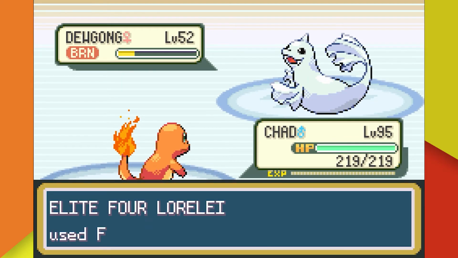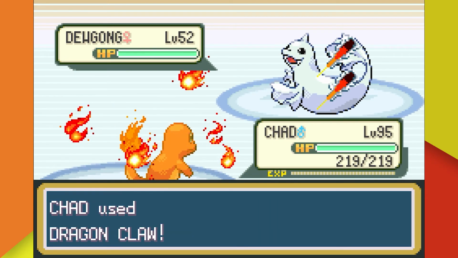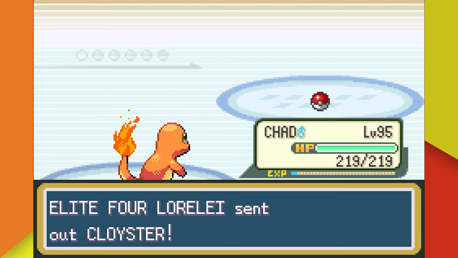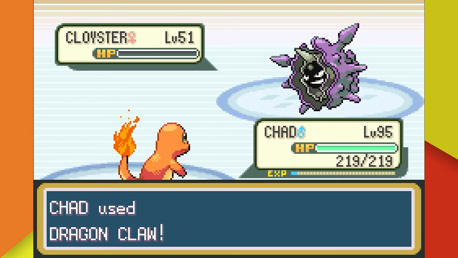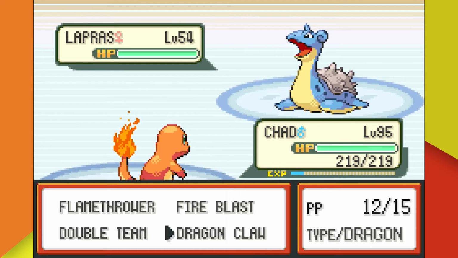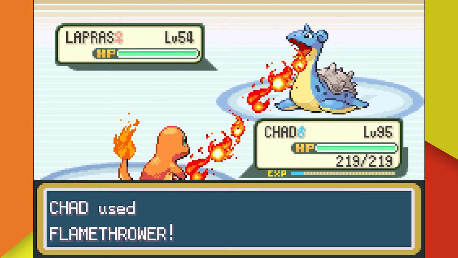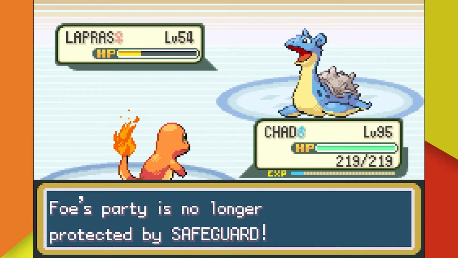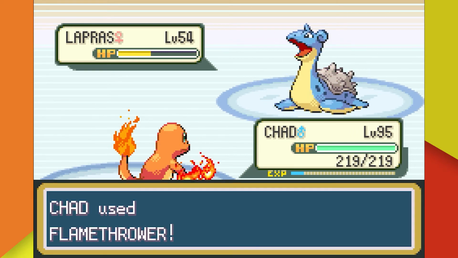Lorelei then Hyper Potions while we go for a Dragon Claw, doing about half. We go for another Dragon Claw and take down Dewgong. Next up is Cloyster, who we Dragon Claw and one-shot. Lapras is up next, who we Flamethrower for about 2/3 while it confuses us. The Safeguard wears off, and Lapras gets a Citrus Berry proc, but we power through the confusion and finish it